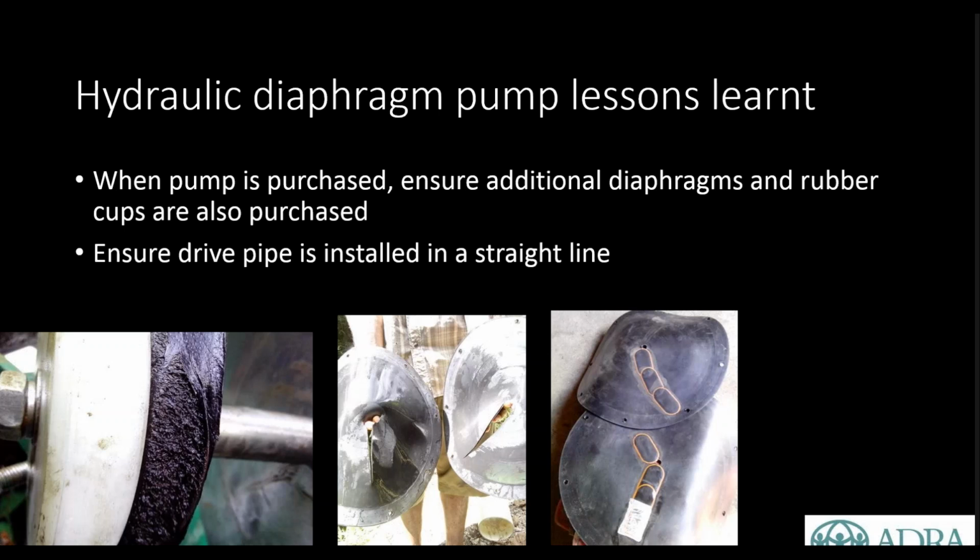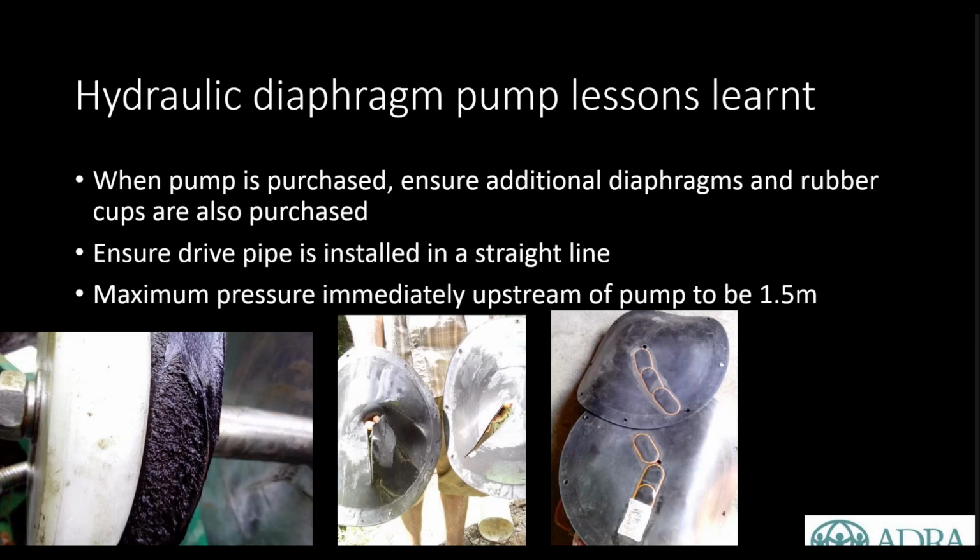Now the drive pipe in one location was installed with about three 90-degree bends in it. Although it doesn't matter that the drive pipe is in an exact straight line, it's going to be more efficient if there are no big 90-degree bends immediately upstream of the pump, because hydraulically that creates a lot of turbulence, which reduces the way the water enters the pump and therefore the pump efficiency.